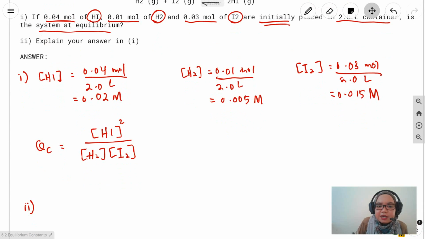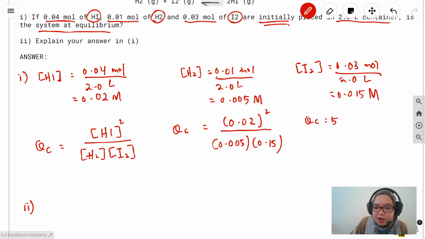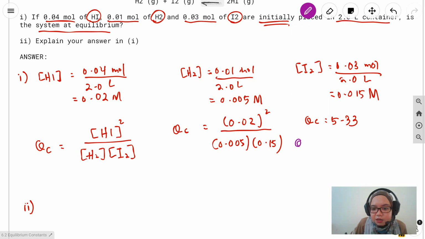So you will get here Qc is equal to 0.02 squared divided by 0.005 times 0.015, and you will get Qc is equal to 5.33. So since Qc is larger than K,